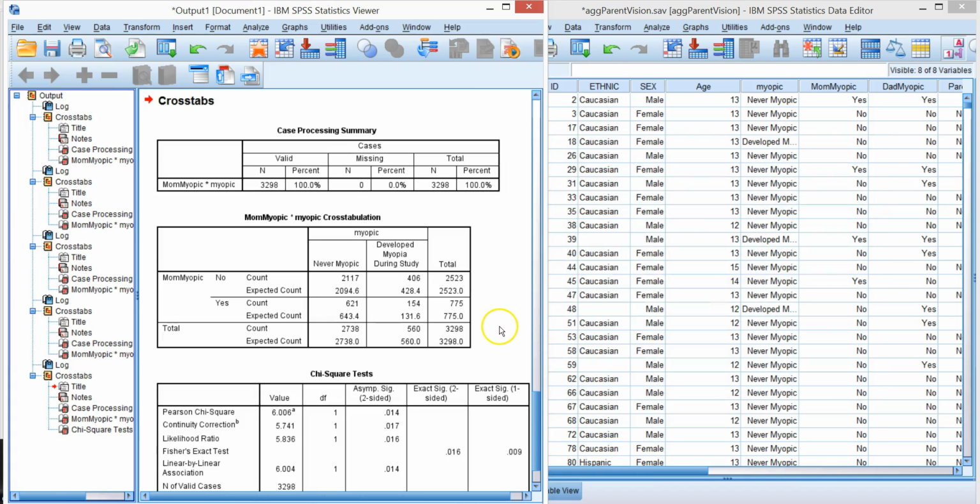Now, what do we have here? The null hypothesis for the chi-square statistic is that the cells, given the marginal totals, do not vary from chance. Now, what is chance? What is chance for a mom not being myopic and the child? If there was no relationship, because we're looking at the relationship between these two variables,